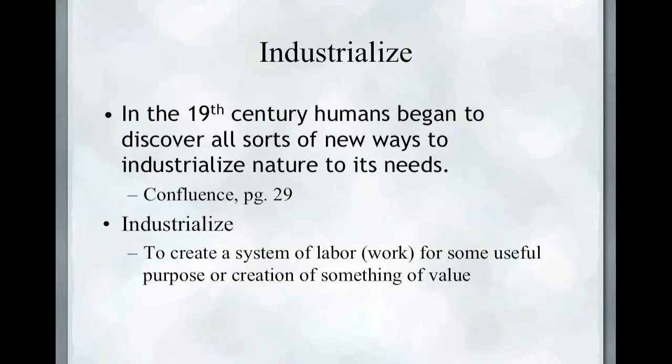First, let's think about this word industrialize. "In the 19th century, humans began to discover all sorts of new ways to industrialize nature to its needs." This is a quote taken out of the book Confluence, written by Nathaniel Tripp. If you think about what the word industrialize means, it means to create a system of labor or work for some useful purpose or creation of something of value. So really what this is telling us is that in the 19th century, people began to discover and invent all sorts of new ways and new methods to use nature and to somehow figure out how to manipulate nature to